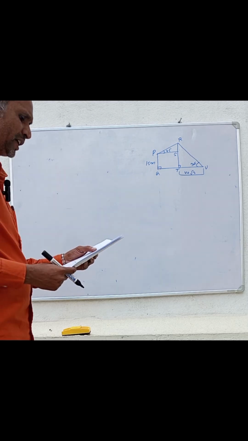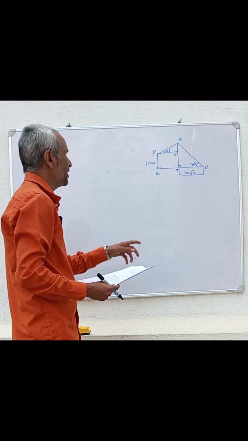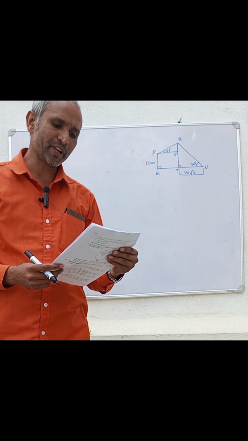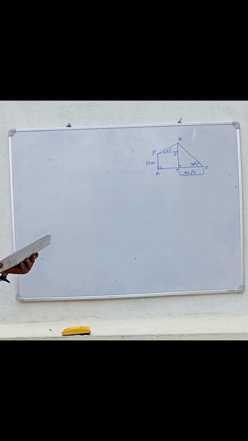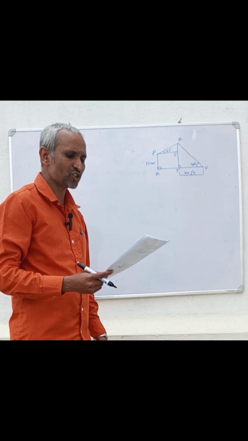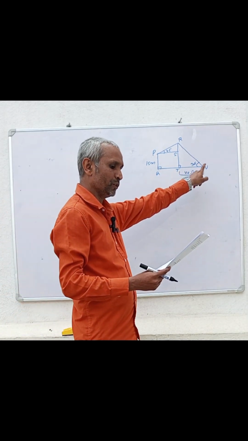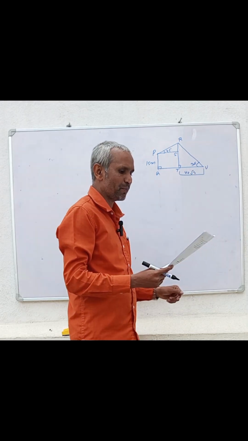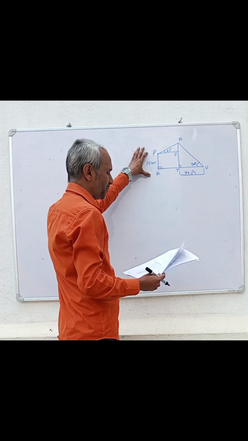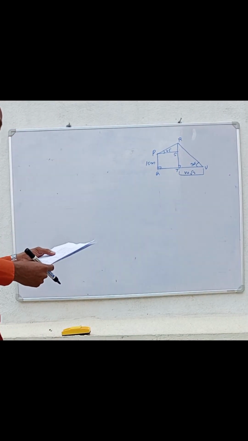And from the top of the building are found to be angles of elevation of 30 degree and 45 degree. This angle is 30 degree, this angle is 45 degree, shown in the figure. If the distance of the point from the foot of the tower to the building, this side is 40√3 meter, and height of the building, this is PQ the building, 15 meter. Then find the distance between the foot of the tower and the building.